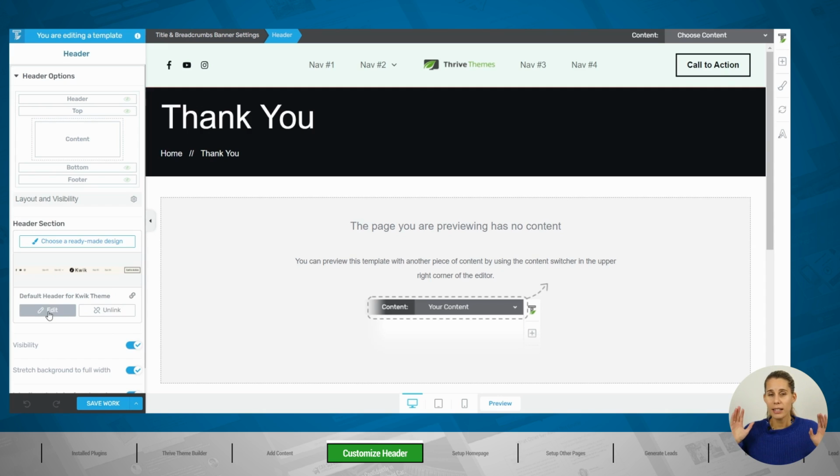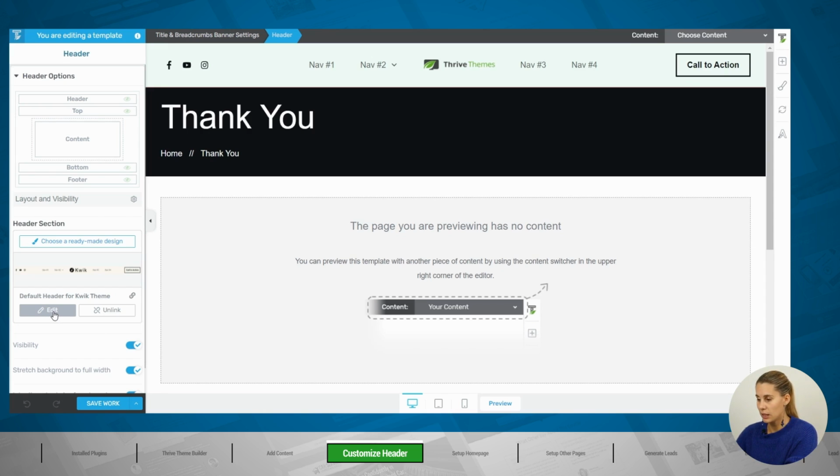So this is one thing that you need to understand when working with Thrive Theme Builder is that you have to think in templates. So for this, if you want your header to be the same everywhere on your website, which is usually the case, maybe except from your homepage, then you'll want to make sure that you click edit,